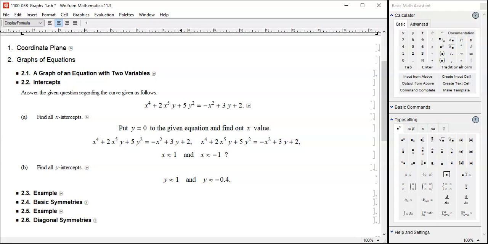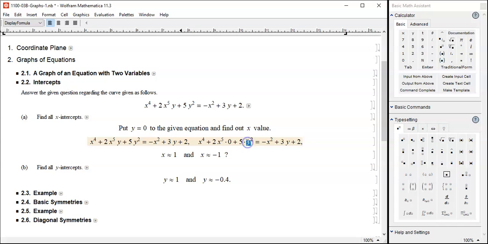Put y equal to 0 and find out the x value. So I'm going to plug in y equal to 0 here. Okay, copy and paste it. So let me plug in y equal to 0. And then this will be